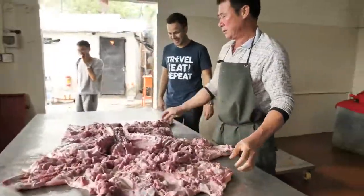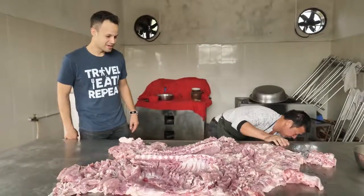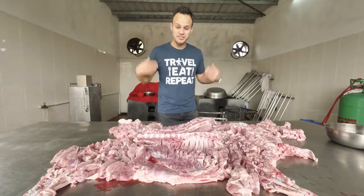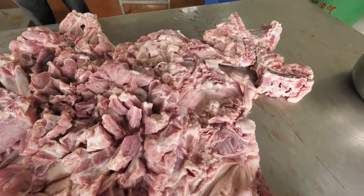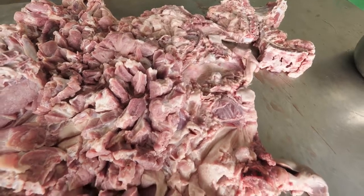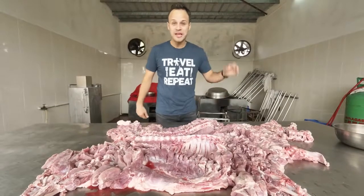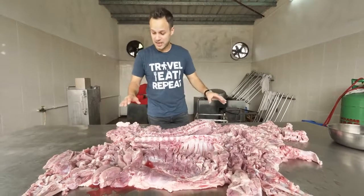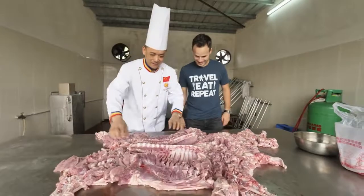Oh, look at that. We've got an entire pig here. So Chef Lee has just stepped out to put his whites on, and he is gonna come back and show us how this is made. This entire pig completely just cut open. The skin and the meat is just attached right on there, and he's gonna show us the sauces and how they make it. Oh, 很大，这个很大。 很大。